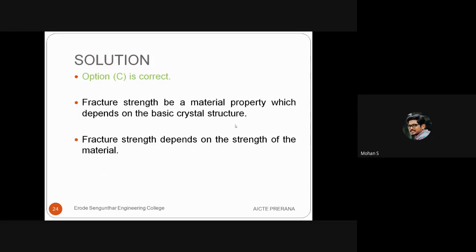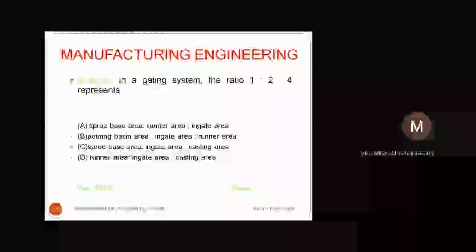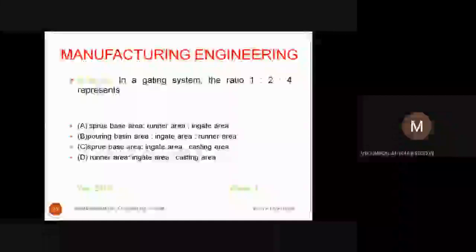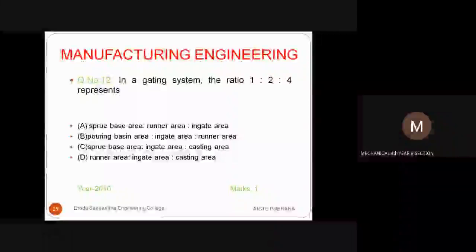So the fracture strength may be a material property which depends on the basic crystal structure. Fracture strength depends on the strength of the material alone. Okay. So the crystal strength defines the material property. Right. Then the next question is, in a gating system, the ratio